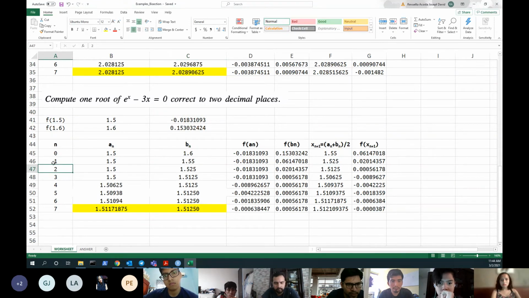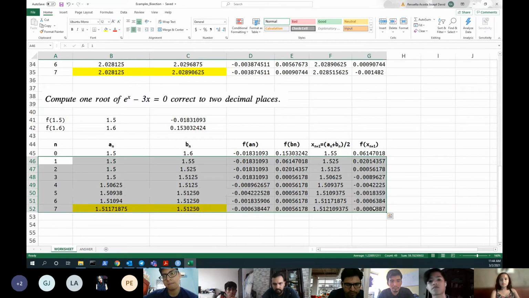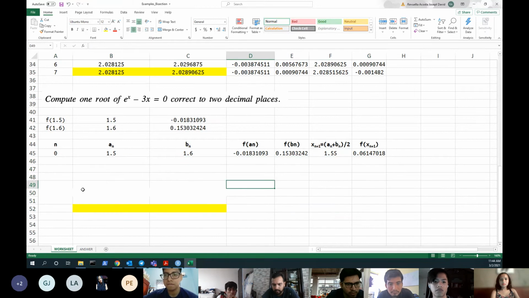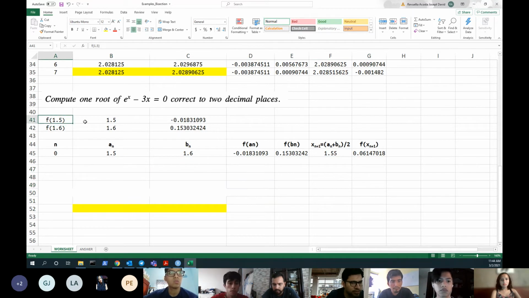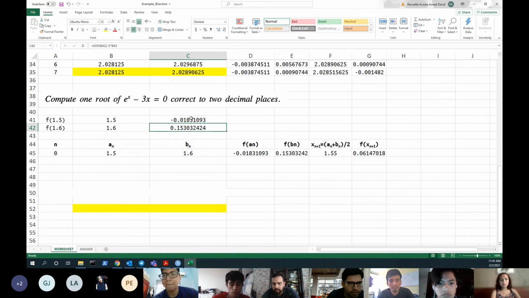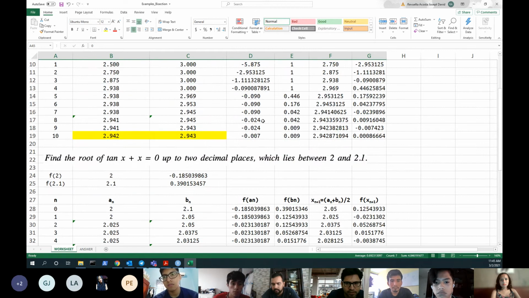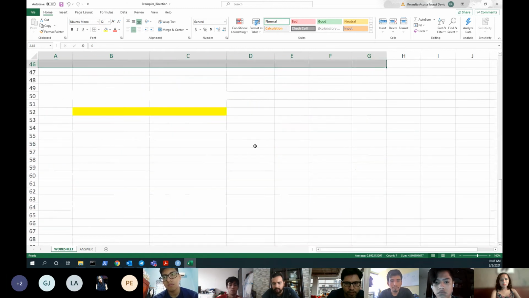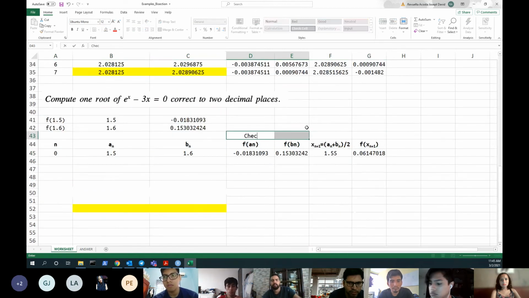So essentially, I'm going to delete all this, and then I already gave you the limits, 1.5 and 1.6. I evaluated the limits in the function, so the exponential of this number minus 3 times the same number. I got this evaluation. I got the same number of columns as in the beginning. This is the checkpoint, remember? This is the checkpoint. So I got this one, and then